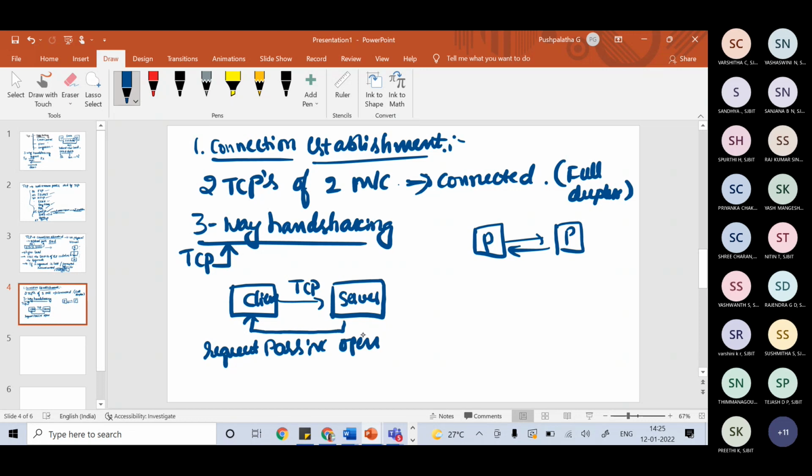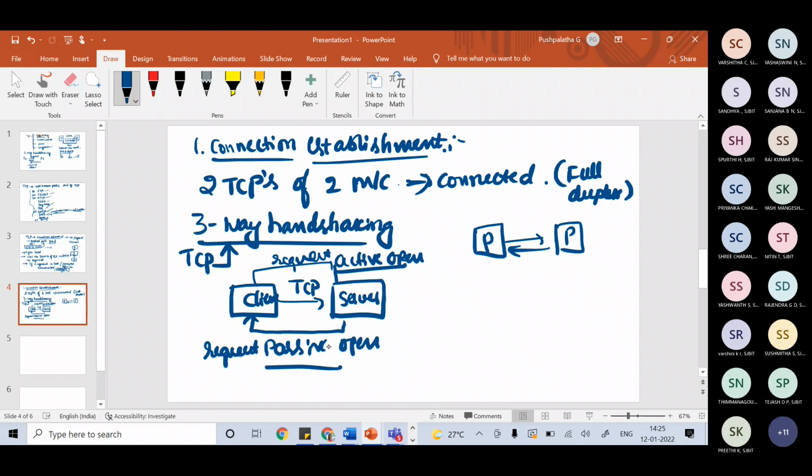And the client program issues a request for an active open. See, this is an active open and this is a passive open. I repeat once again, passive open is a request whenever a server tells its TCP that it is ready to accept the connection. That is passive open.